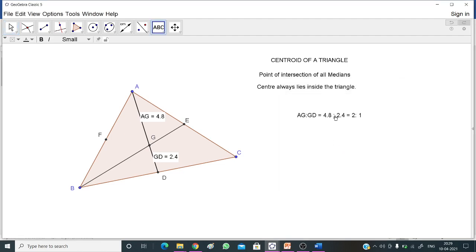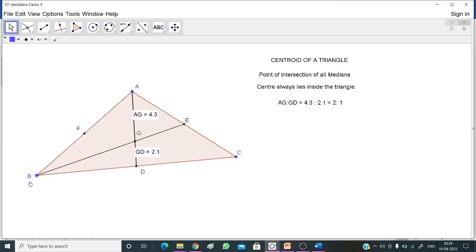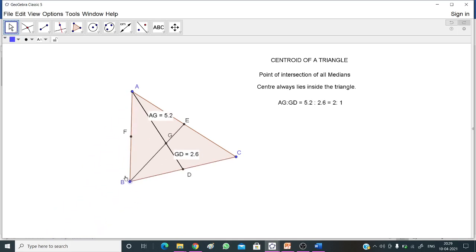You can also verify it for the other medians; I have taken only one. Now whenever you push it, pull it, the ratio is always 2:1.